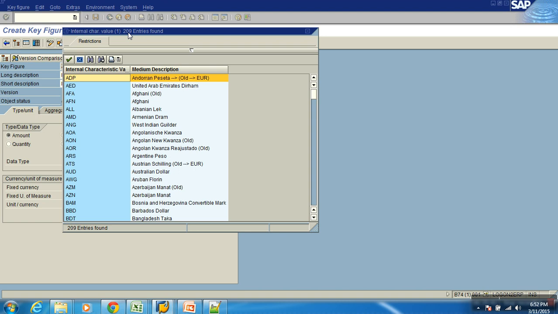From there you can select the currency. Now the question is, today morning I have installed my system, a new one. If it is newly installed, how did I get those currencies? If I newly buy the software and get it installed, how do I get the currencies in the TCURC table? If it is an IDES version, you will have it. But if it is a real productive system, all the tables will be blank. How did I get those currencies in it?